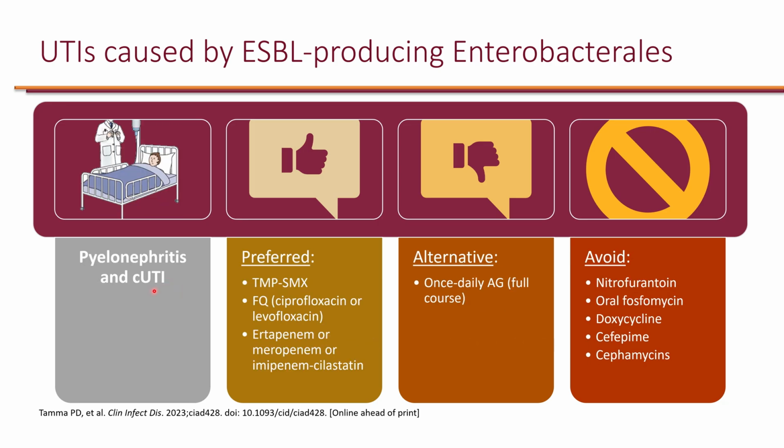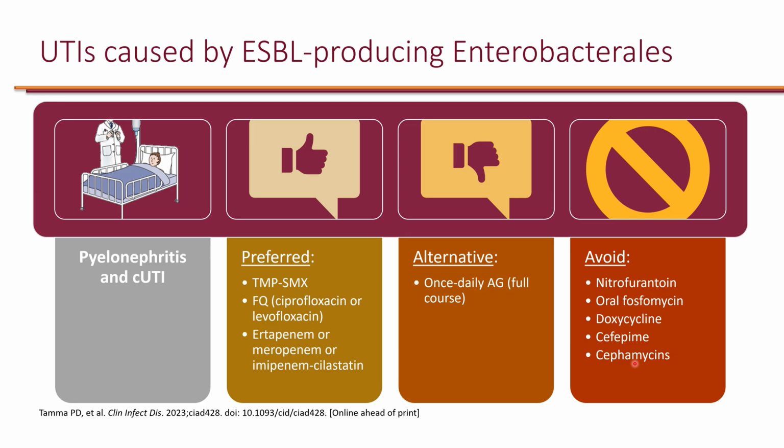Now, for pyelonephritis and complicated UTIs, the preferred agents, again, assuming that these are susceptible on urine culture results, are trimsulfa, fluoroquinolone, and ertapenem or meropenem or imipenem. If the culture is also resistant to this, then alternatively once daily aminoglycosides. Now this will be the full course, not just a single dose. And of course, again, because this is pyelonephritis, you want to avoid nitrofurantoin and oral fosfomycin, as well as doxycycline. And because this is ESBL, cefepime has inferior efficacy, and for cefamycins, there is insufficient evidence